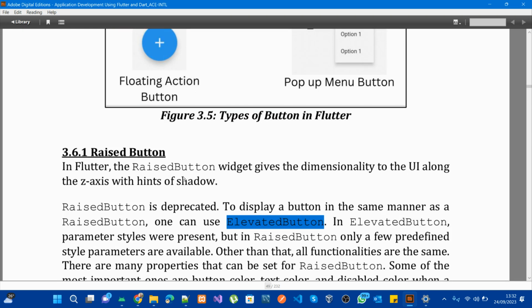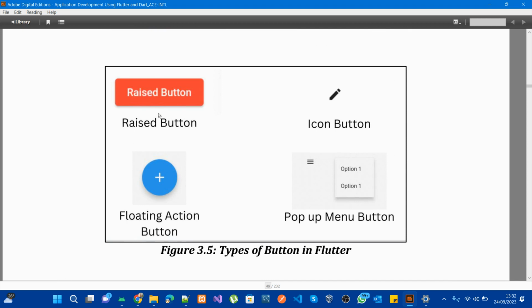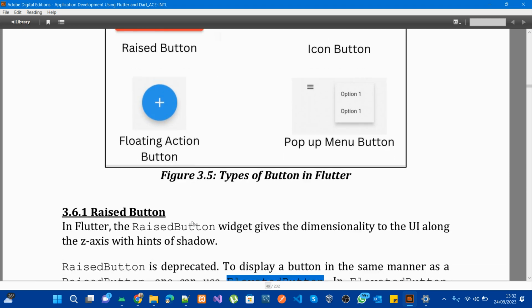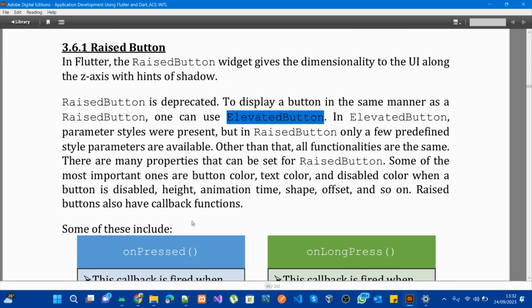That is for raise button, and it's also now called elevated. It has been deprecated, now called elevated button. It's an icon button. We've seen it. Floating action button. We've seen how to use floating action button, and as we proceed, you will see some of the other buttons,